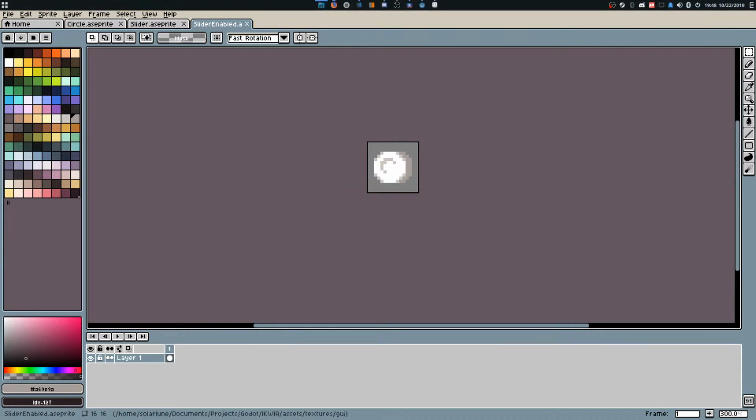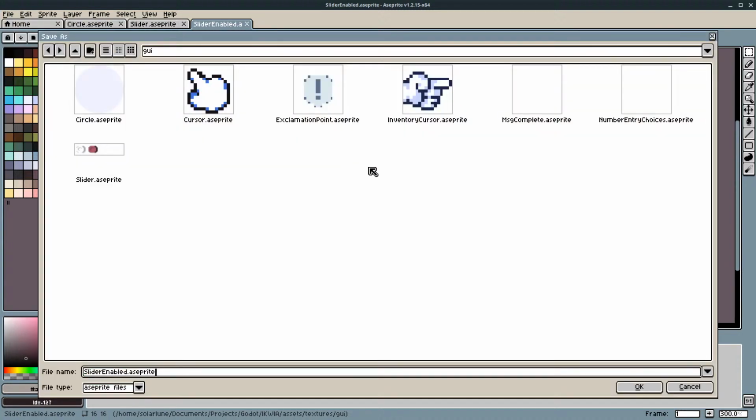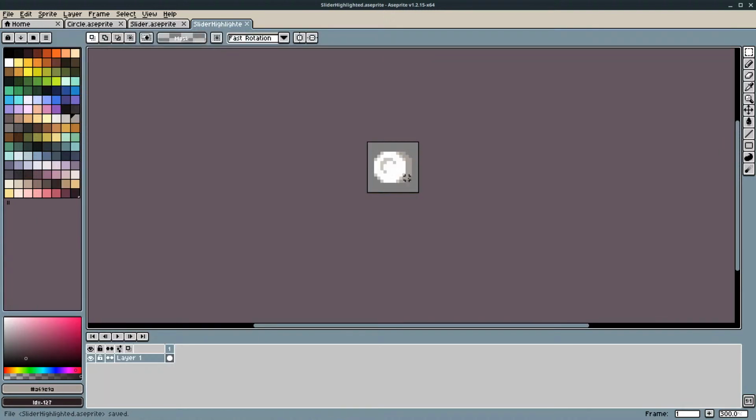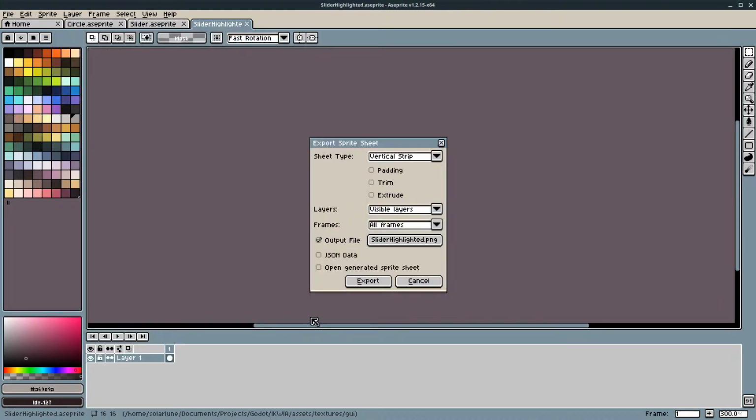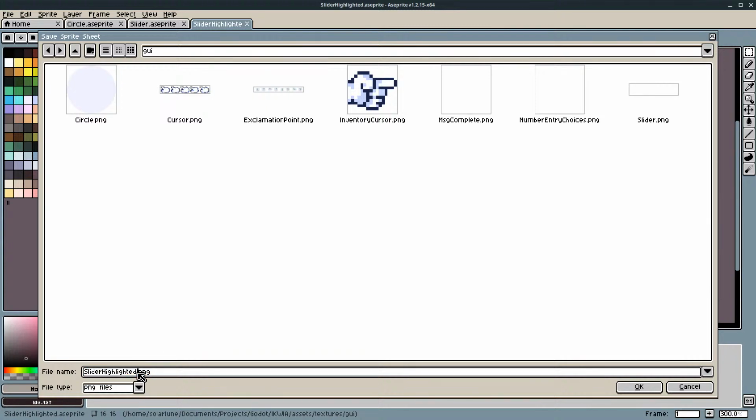I just resaved it because I'm an imbecile. I want to save it as something else. Let's name it slider highlighted .spring. Wait, actually, this is just the normal slider. Not the highlighted one.